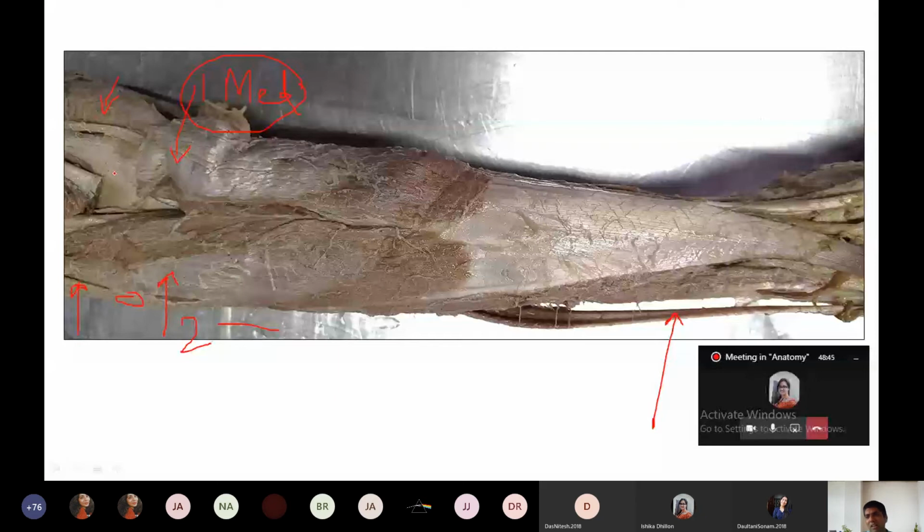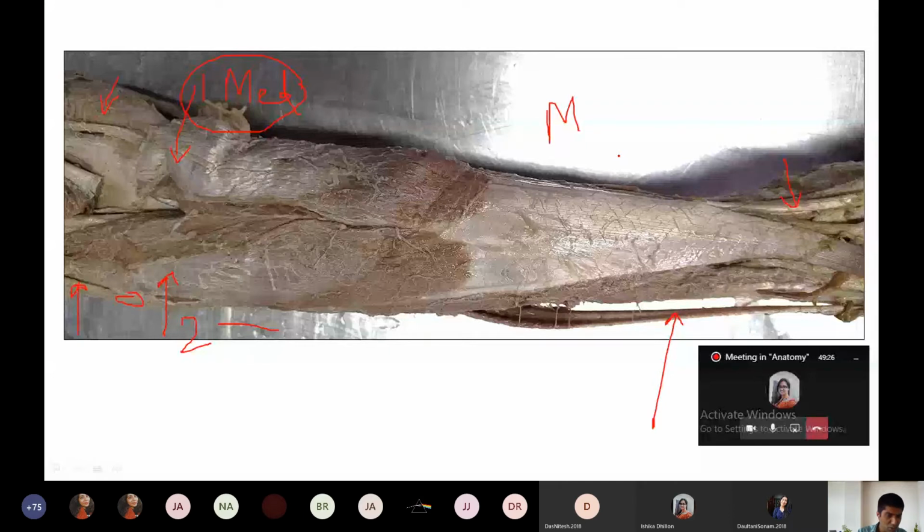Here you can see some of the posterior compartment muscles which are going into the sole of the foot. So they are going from the medial side, not from the lateral side. So that also you can identify this as the medial side. So many clues you can use. This is up to you, but the only thing we want is the correct identification. You can explore your answer going into multiple dimensions. You have this type of freedom of using your mind, but we want the correct answer. You practice in your own way.